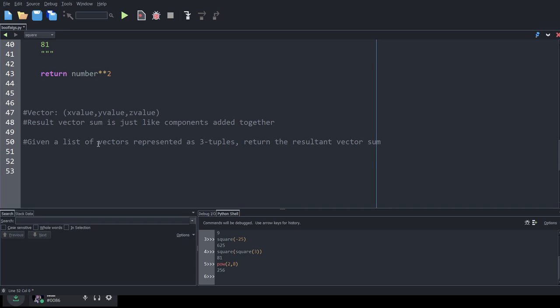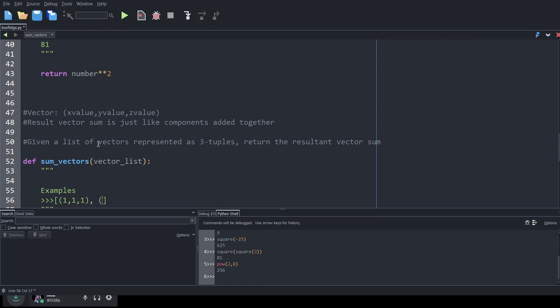Okay, so let's follow our function design recipe. Of course, a little bit out of order. So some vectors, and this can be a vector list. Okay, and let's fill in a docstring. We first want to start off with some examples, right? So suppose we have a list that is full of a tuple like 1, 1, 1.